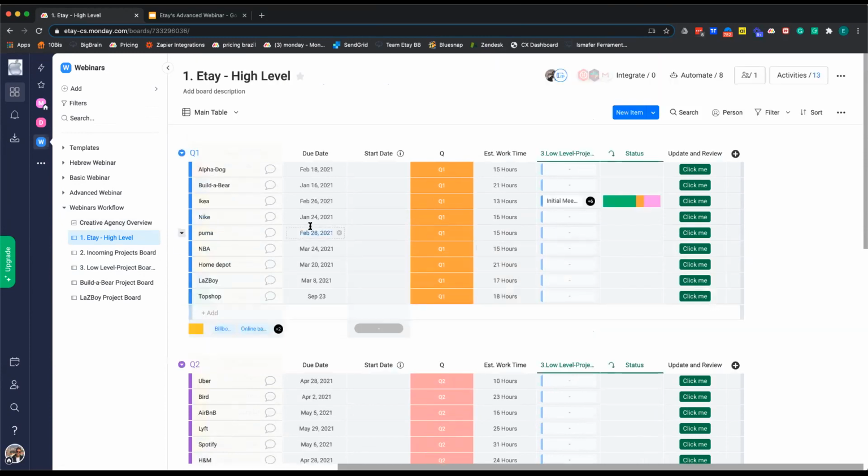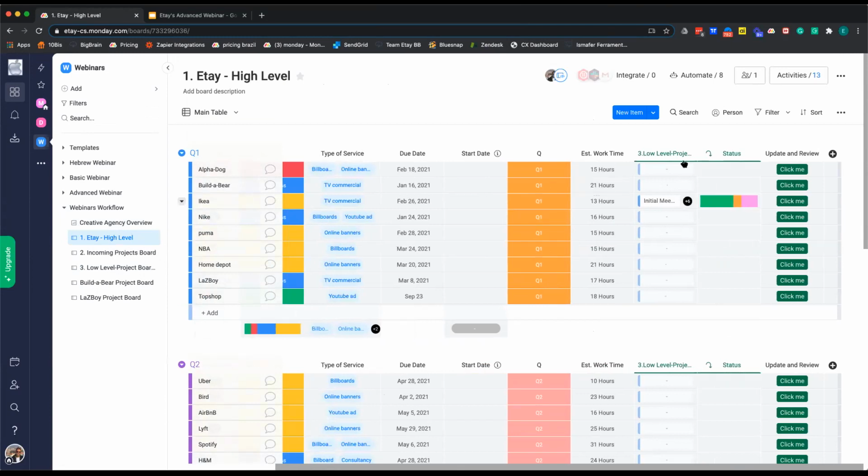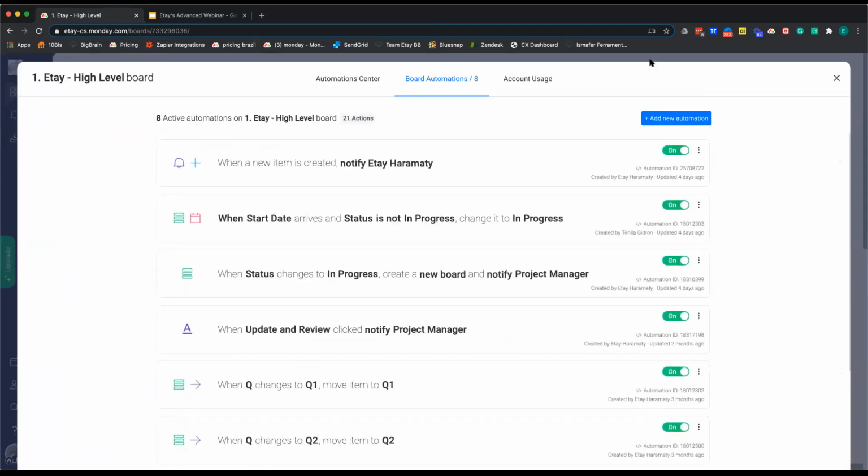One more thing I wanted to cover here with the automations is our nifty button column, which you can see here on the end. So basically the button column is very useful if you're looking to perform an action such as notifying your team or starting the time tracking tool or moving an item with just a click of a button. This is a column for you. When setting up this column, you'll be taken to our custom automations. So this is where you'll be able to build your very own automations according to your own personal needs and preferences. So inside our automation center,